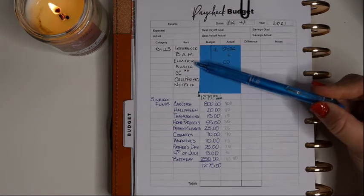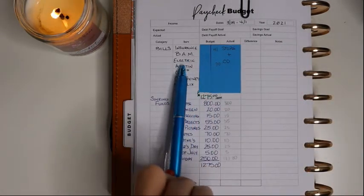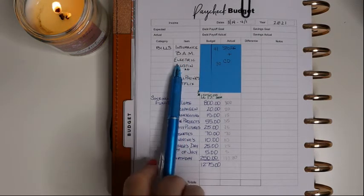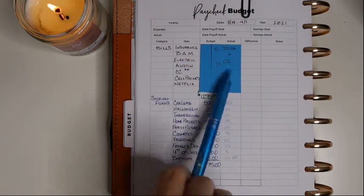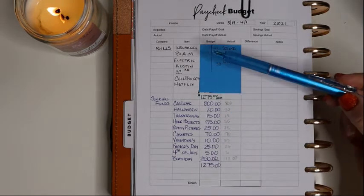Our electric bill actually doubled because of snowpocalypse and all of the issues with the electricity being off for days and things of that nature. So that was a hit. So this amount. If I need to make any more adjustments, I'll make those out of the sinking fund,